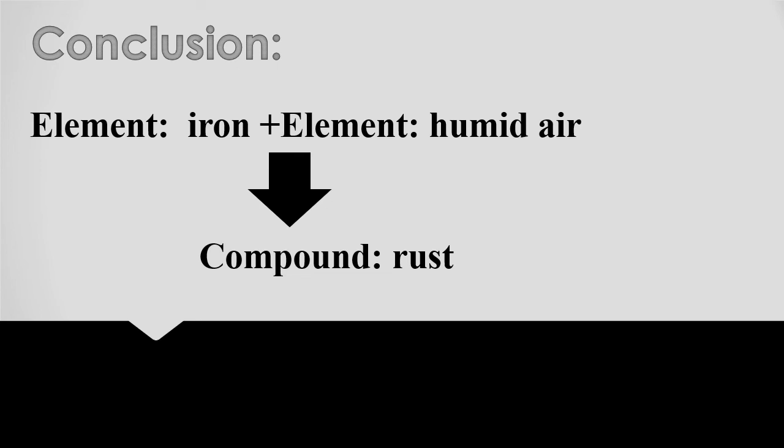Finally, as a summary for the first part of the lesson, element and compound are pure substances. An element is a pure substance that can't be broken down into simpler substances by any chemical change, whereas a compound can be broken down into simpler substances by a chemical change, because a compound is made up of two or more elements. Example, an element which is iron, in the presence of another element which is humid air, gives rust,